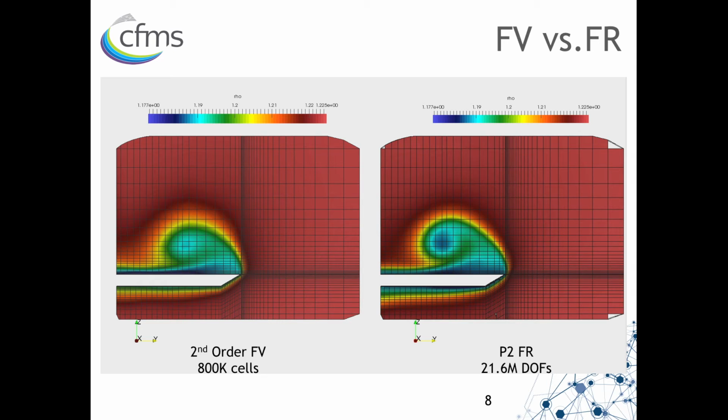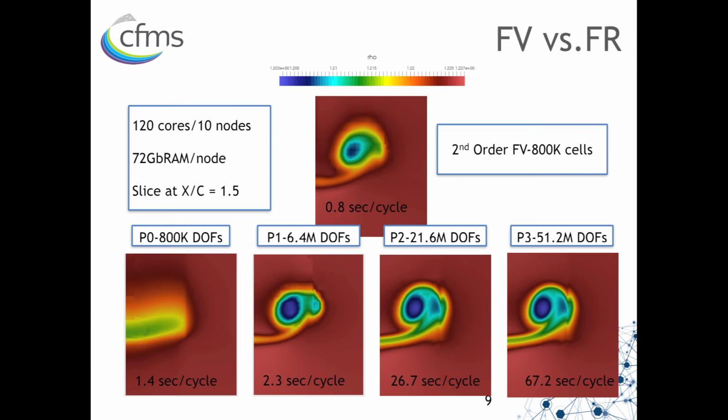A much better comparison is on this slide, where we compared the second order finite volume on the existing mesh against different orders of the polynomials. You can see that a lot more physics is captured as the polynomial order is increased,